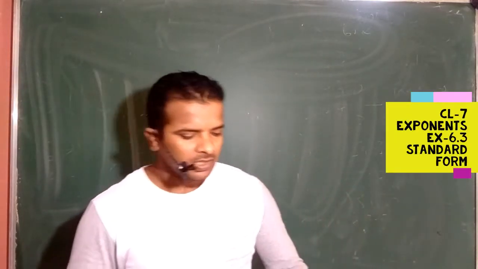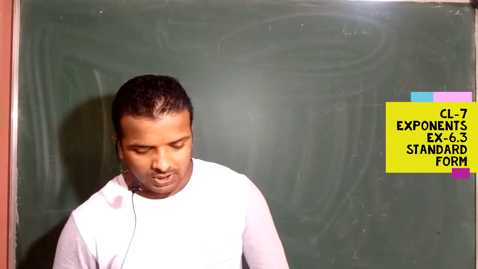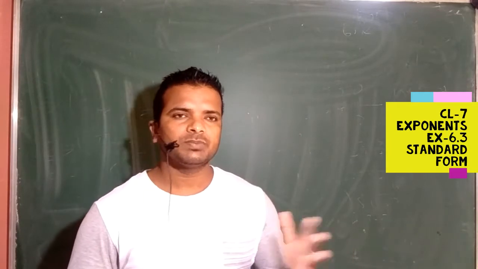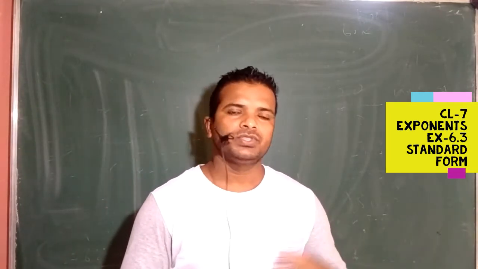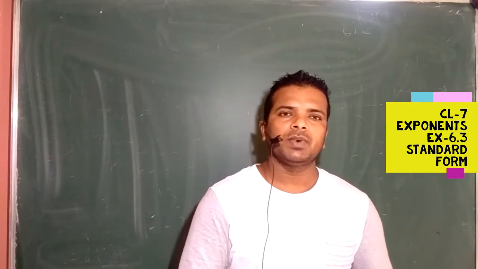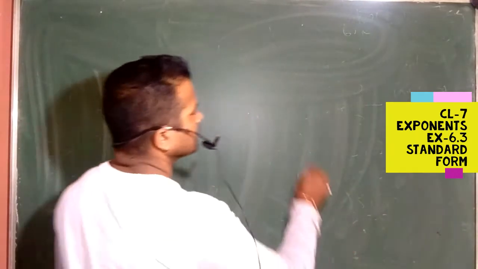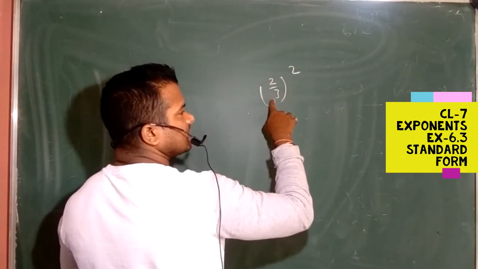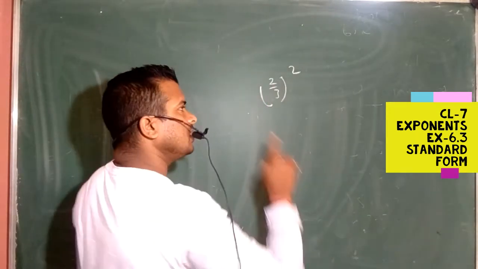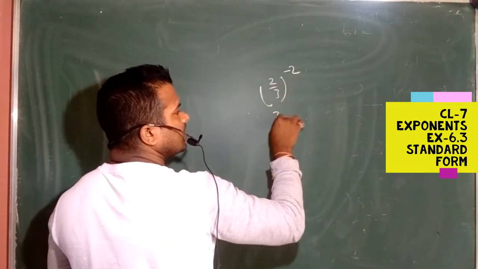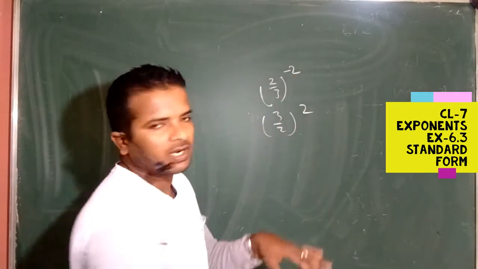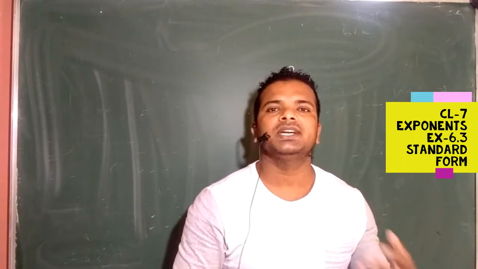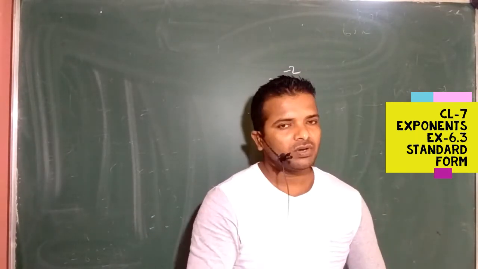Hello students, after 6.2, let us go for 6.3. In 6.1 you studied about the exponent, which is power, like 2 to the 4, 3 to the 9. In 6.2 you studied about the reciprocal of the power, like if it is minus 3 by 2, then 2 by 3 will be 3 by 2. But in 6.3, you are going to study the scientific notation or standard form. Okay, scientific notation or standard form.